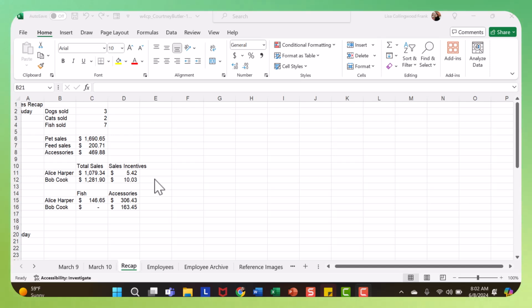So I want to give a little bit of help with the week 4 cumulative review recap worksheet. This one can be especially challenging. So a couple things that you need to make sure you've done before you try to copy, paste, and use